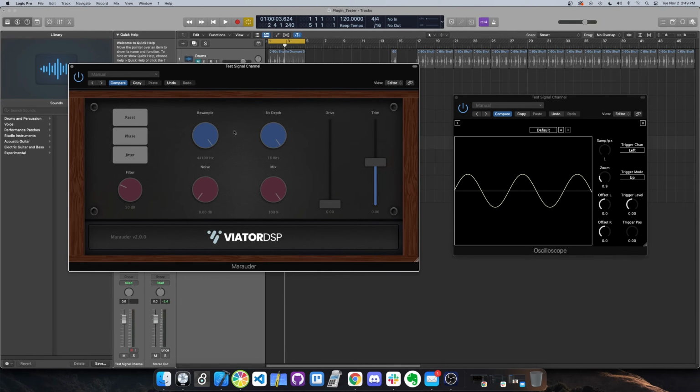And let's look at what the resample and bit depth does. And if we introduce noise, it should get a little more random looking. There we go. That's pretty cool. So you can get some really cool